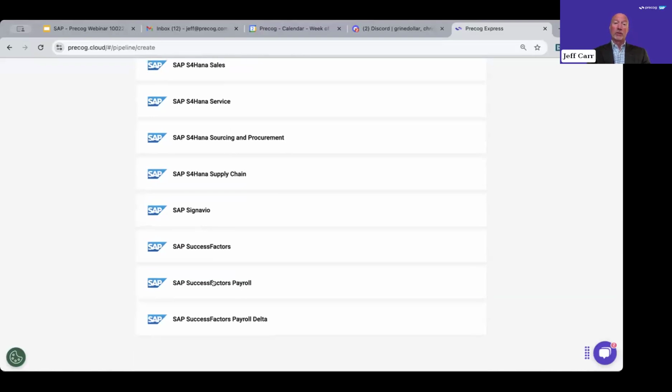So those are the available applications today, which is pretty much the entire suite of various SAP family of applications.